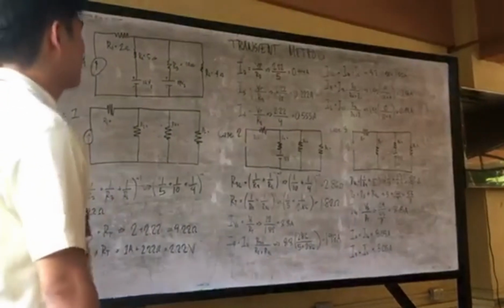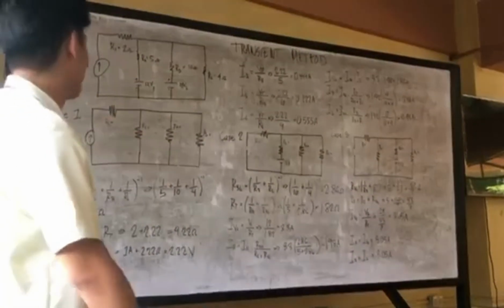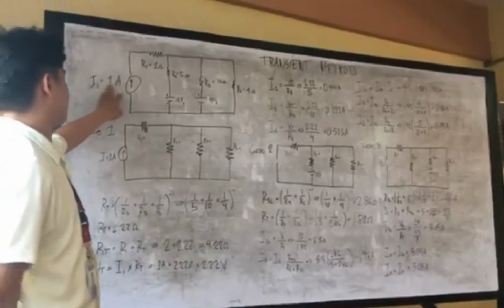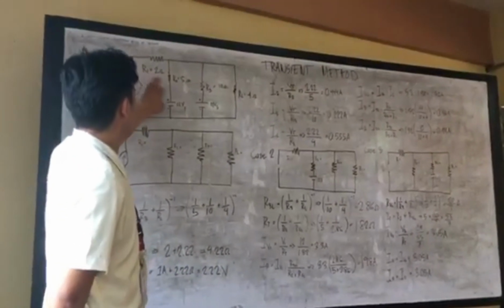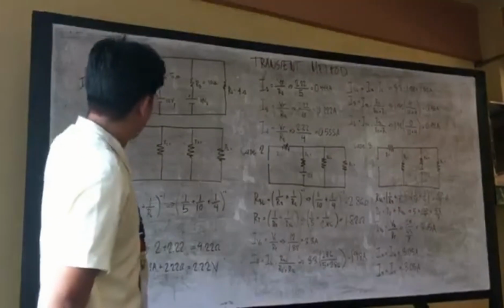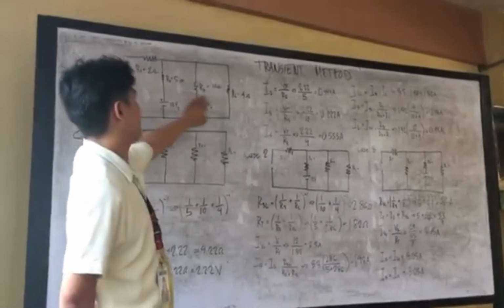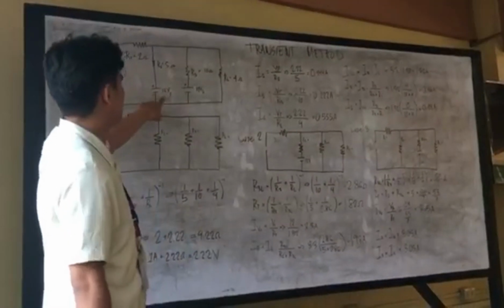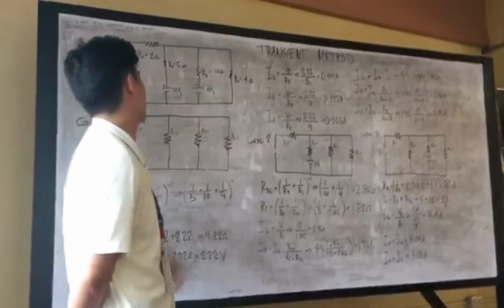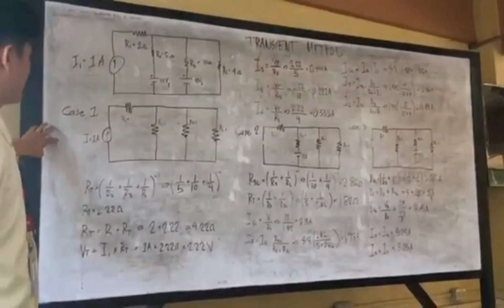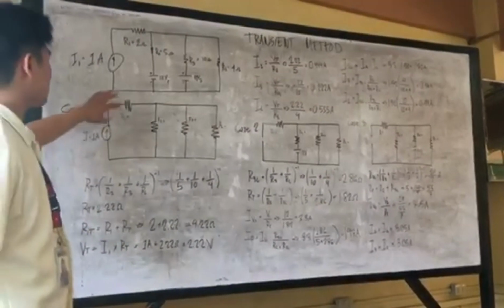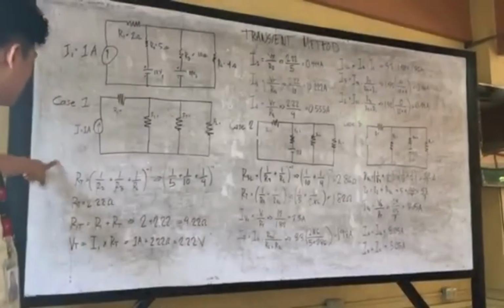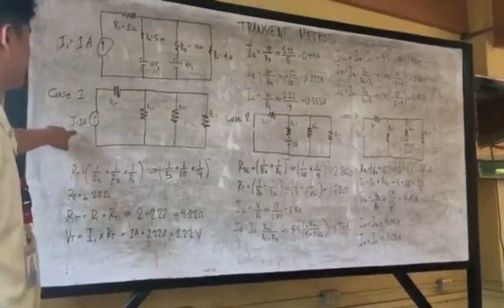Everyone, I am going to discuss a problem relating to transient movement. So we have here a diagram with I1 of 1 ampere, R1 2 ohms, R2 5 ohms, R3 10 ohms, RL 4 ohms, and P sub 1 12 volts, P sub 2 24 volts. So for case 1, we're going to close the two voltages we have here, the first case and the first diagram.